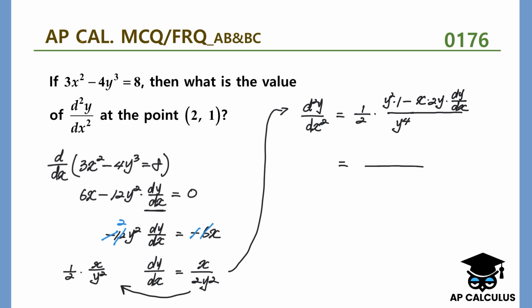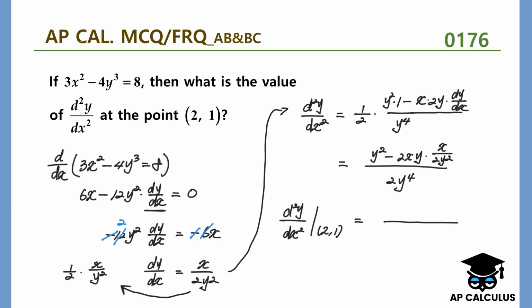So that is equal to 2y to the power of 4 times y squared, minus 2xy times dy over dx, which is x over 2y squared. So instead of dy/dx, I'm going to write x over 2y squared. Now substitute 2 for x and 1 for y. So our second derivative at 2, 1 is equal to,